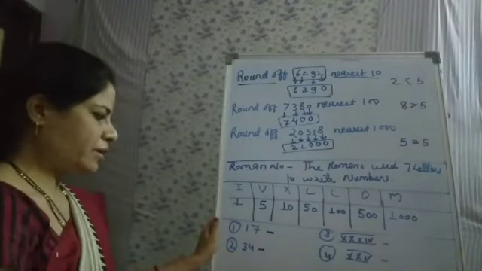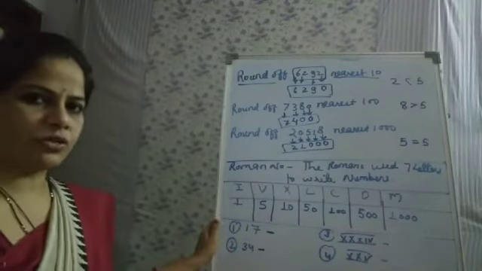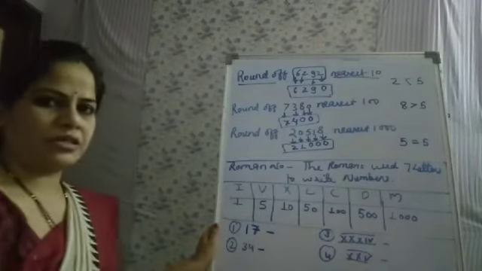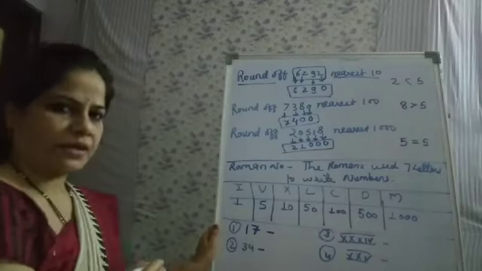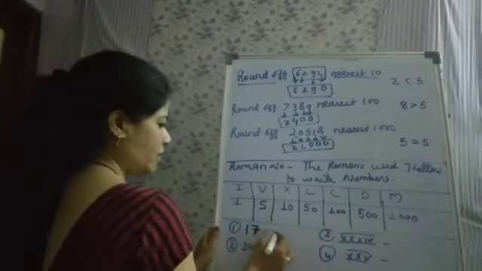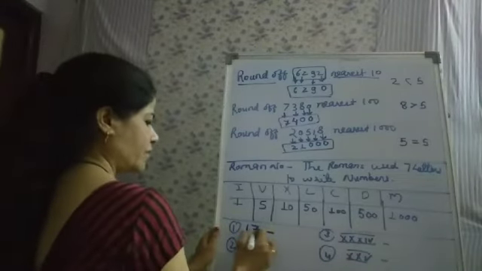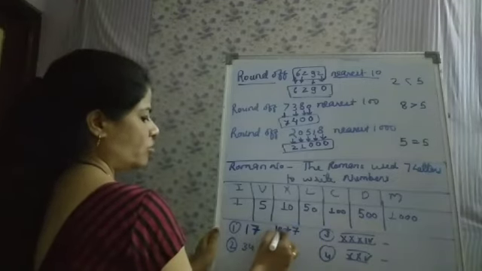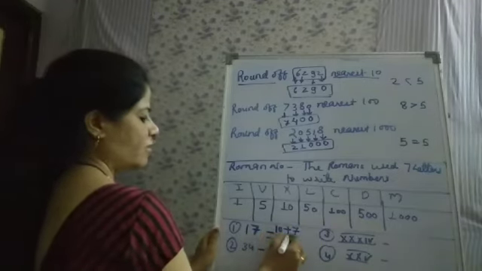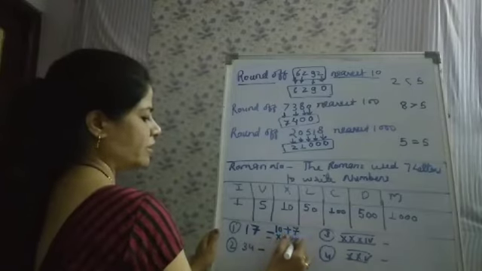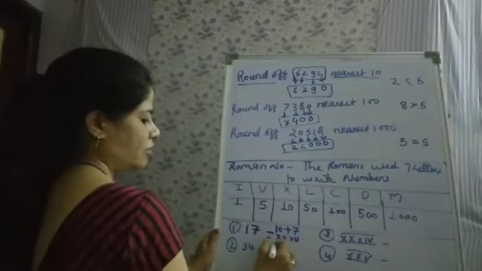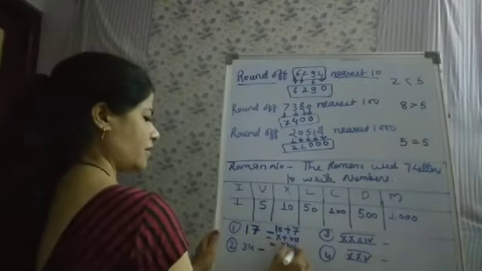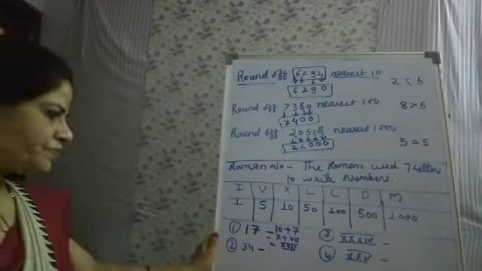Now you can write Roman number of any Hindu Arabic number. What are Hindu Arabic numbers? The counting numbers are called Hindu Arabic numbers. So here 17 is the counting number. You can speak it like Hindu Arabic number. So you can write Roman number of 17. You can write 17 as 10 plus 7. So Roman number for 10 is X and Roman number for 7 is VII. So the Roman number for 17 is XVII. Okay.